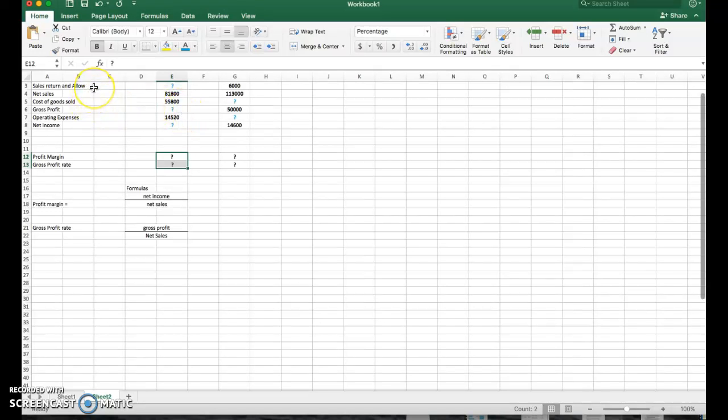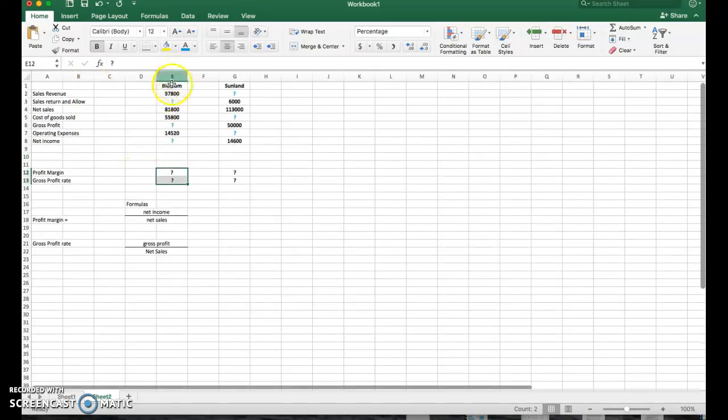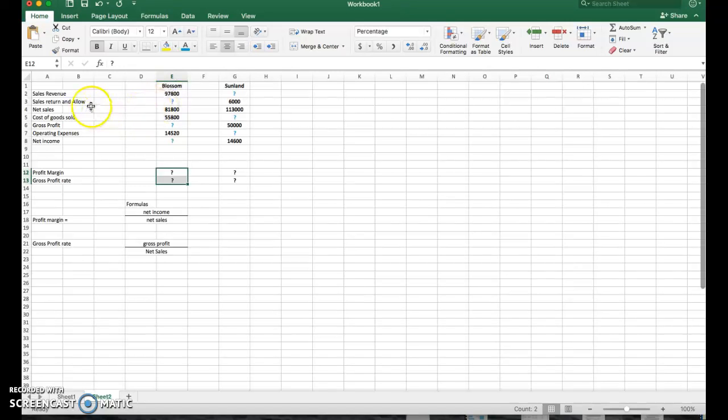To figure out Blossom's sales return and allowances, what you're going to want to do is subtract our net sales from the sales revenue. So we're going to go equals